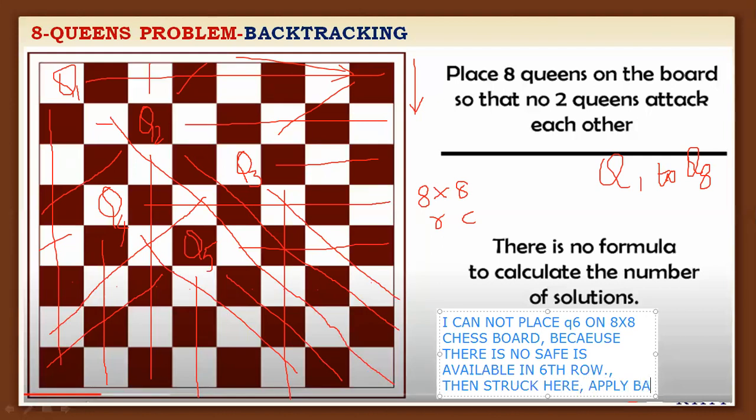Apply backtracking. Now we need to apply backtracking and again keep on changing the place of all queens. Once again we need to rearrange the place of queens. We need to do this till it satisfies the constraints. Once we reach the constraints, we will stop the process of placing the next queen. So this is the way you can solve the 8-queens problem. Okay. Now we will see how to solve the problem in an animated view. Let us see.